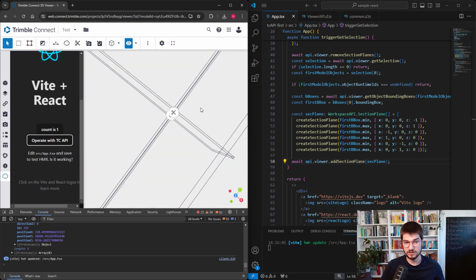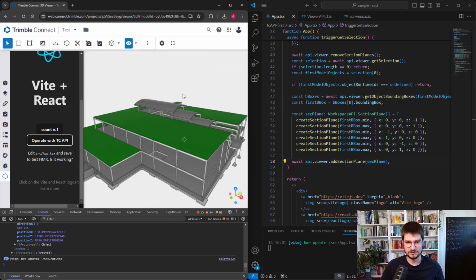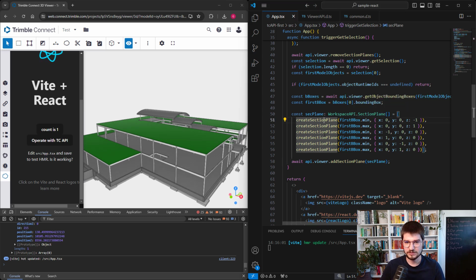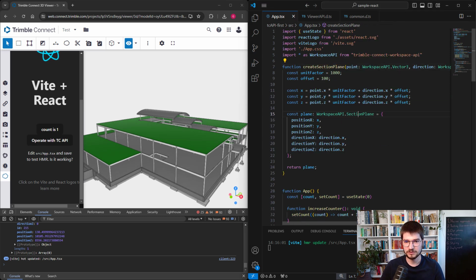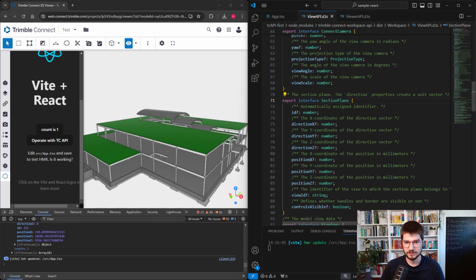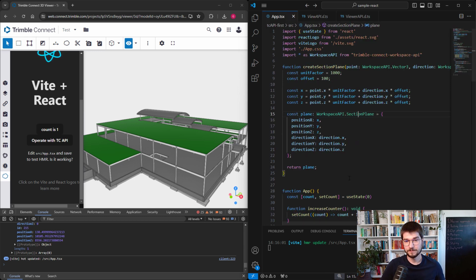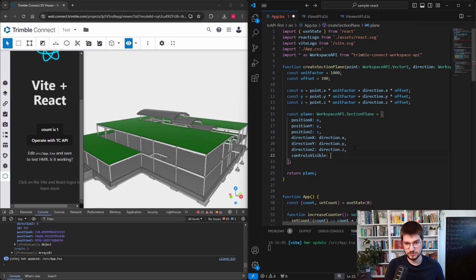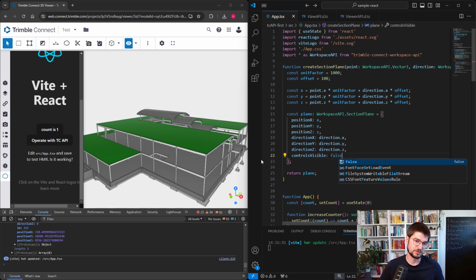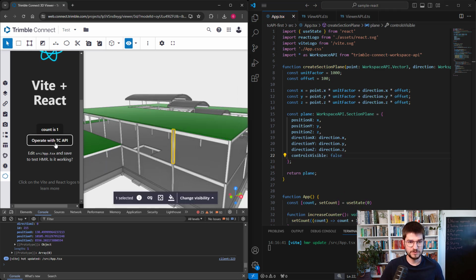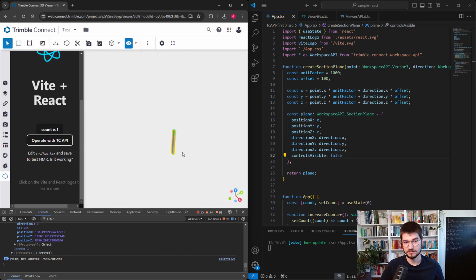those visible clip planes. And I think that when we are creating the section plane, there is the possibility, let's see what are the properties, the direction X, Y, but here there is the controls visible. Define whether handles and border are visible or not. So let's try what is the influence of that parameter. So I will set it as false because I don't want to have them visible, and oh, voila, it's